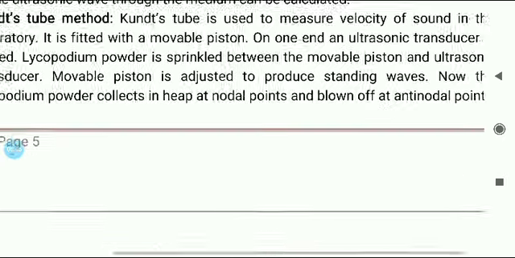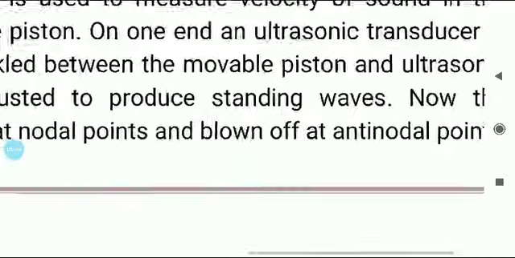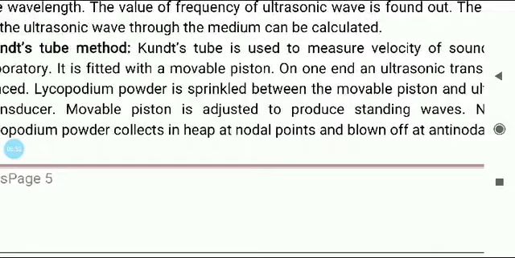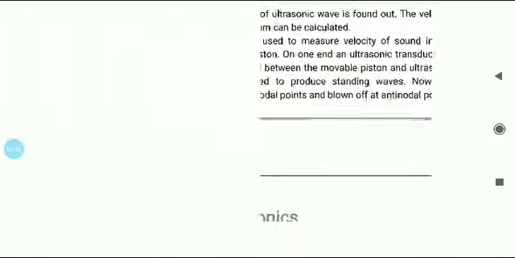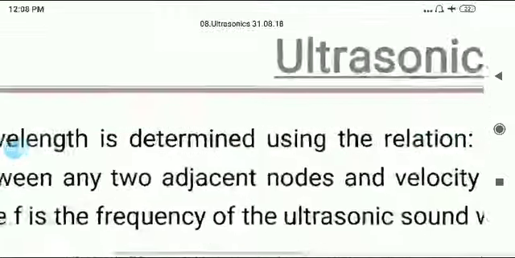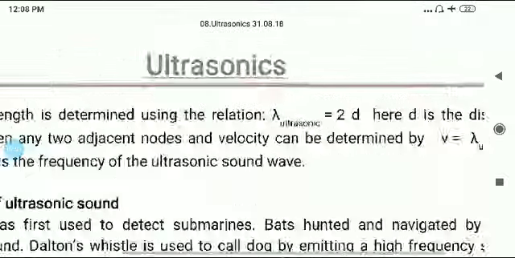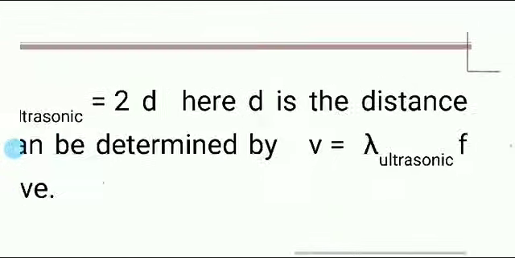The movable piston is adjusted to produce standing waves. The powder collects in heaps at nodal points and is blown off at antinodal points. With that, you can find out the wavelength of the ultrasonic sound wave, and the wavelength equals 2d. Here d is the distance between